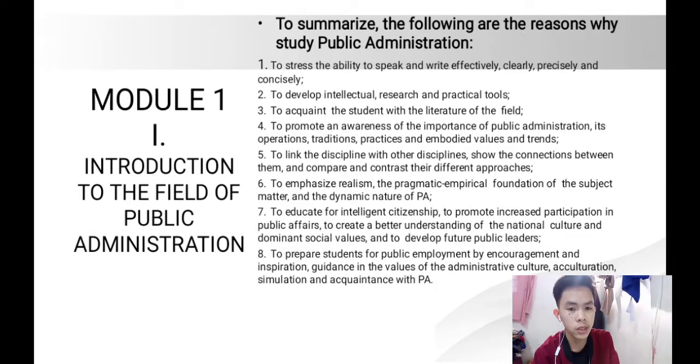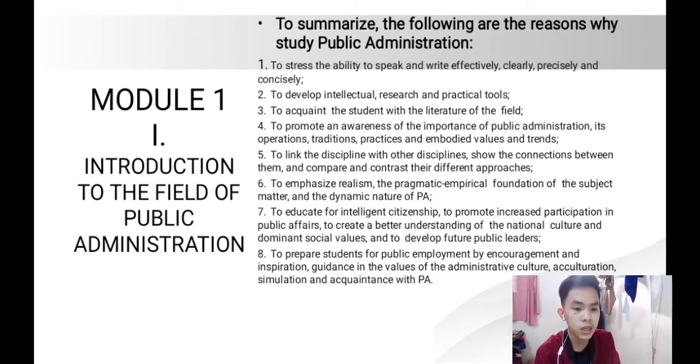Okay? To summarize, here are 8 different reasons why public administration is important at the end of the day. Firstly, to stress the ability to speak and write effectively, clearly, precisely, and concisely. To develop intellectual research and practical tools, to acquaint the student with the literature of the field, which is public administration, to promote an awareness and importance of public administration, its importance, traditions, practices, and embodied values and trends,